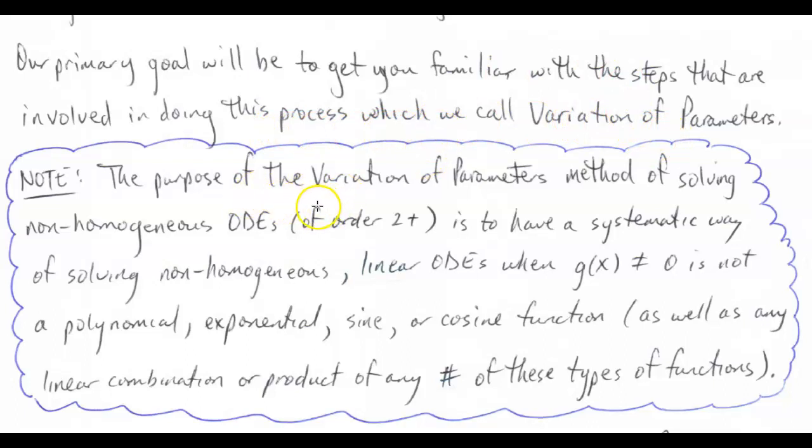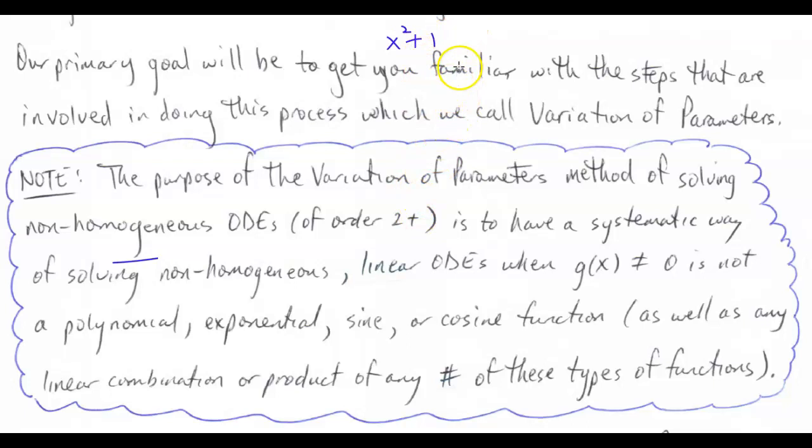And this note here, I've mentioned this before, but I'm going to mention it again. The purpose of the variation of parameters method of solving non-homogeneous ODEs of order 2 and higher is to have a systematic way of solving those types of equations when our force function g of x is not equal to 0, and it is not a polynomial, an exponential, a sine function, or a cosine function, as well as any linear combination or product of any of these types of functions. So to clarify what I mean, let's say I had a polynomial x squared plus 1,